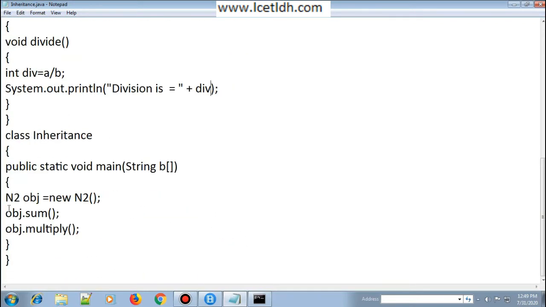Now instead of the object of n2 I have to create the object for the n3 class, as n3 contains all the properties of n1 and n2 respectively. So this is done, and we are going to call one more method with obj.divide. I'm simply going to save this program.